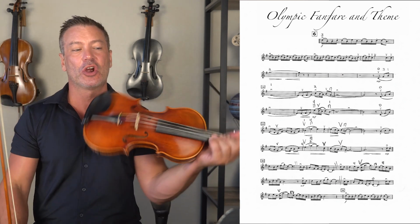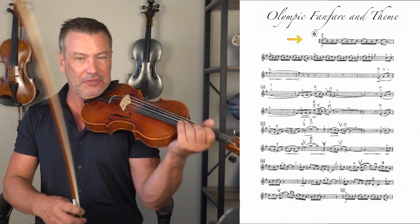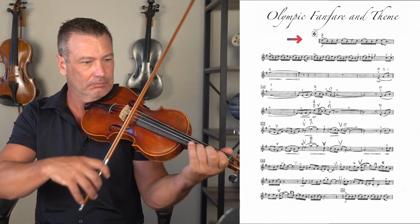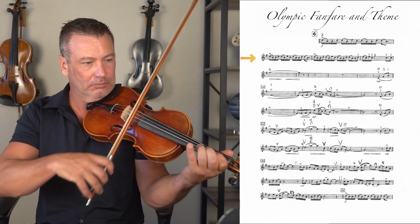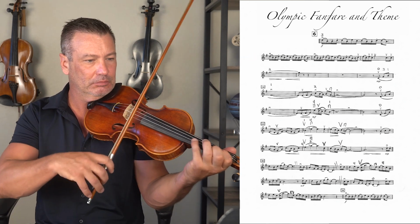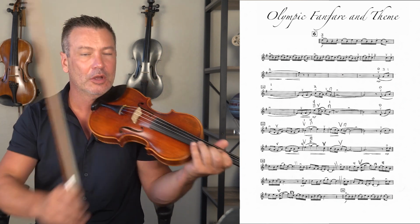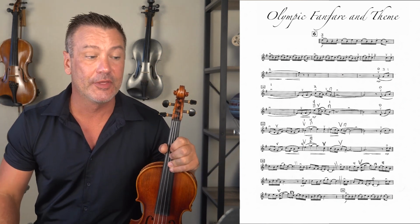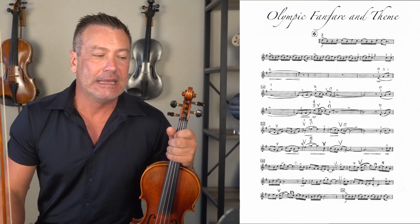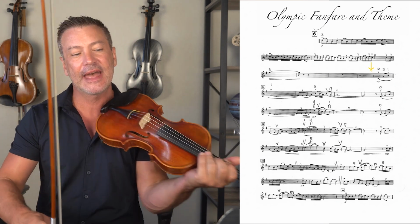Starting in the 6th measure, we have the first theme, and it just repeats. Pretty simple. Then the next theme that we have is measure 13. So you find box 14, go a measure before that, and you have...